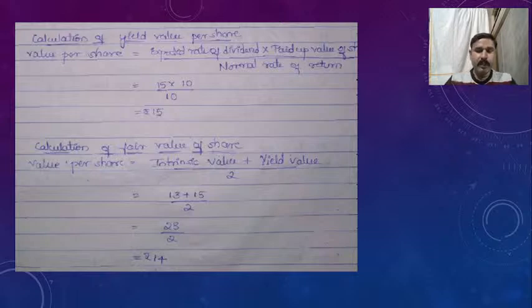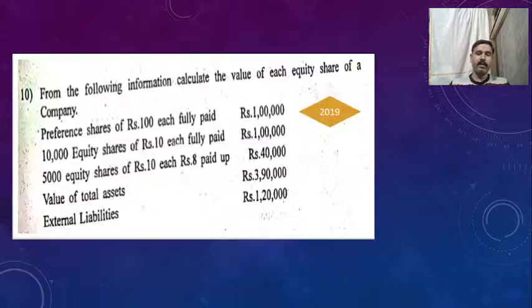This is the 2018 question paper. Now let's see the 2019. So this is a very, very easy question. It also depends on the conversion point. From the following information, calculate the value of each equity share of a company. Preference shares 100 each fully paid, 10,000 equity shares 10 each fully paid, 5,000 equity shares of 10 each